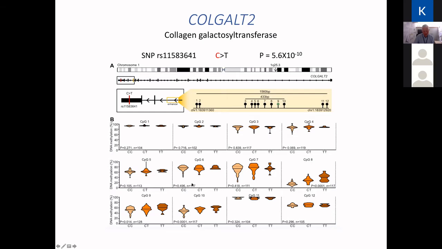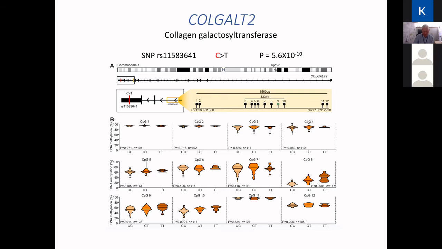And as you move through it, you can begin to see that there is a correlation between genotype and methylation of CpGs, particularly this CpG 8, 9, and 10. So these CpGs are showing differences in their methylation status based upon correlation with the risk allele. And the risk allele leads to reduced methylation of these CpGs. So we hypothesized that the risk allele of this locus is potentially differentially methylating this enhancer, and that may have effects upon the expression of COLGALT2.